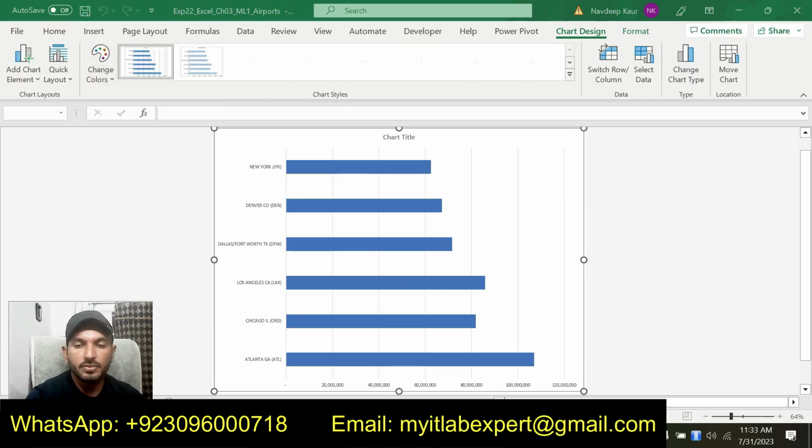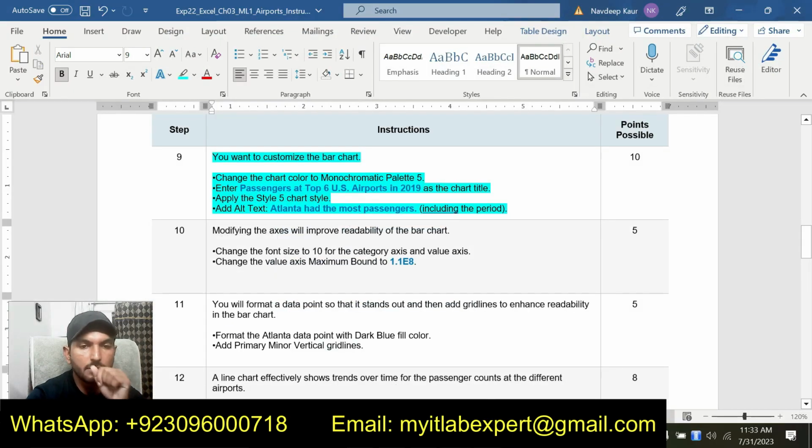So change this one. Second thing to do in this step is enter passengers at top 6 US airports in 2019 as the chart title.